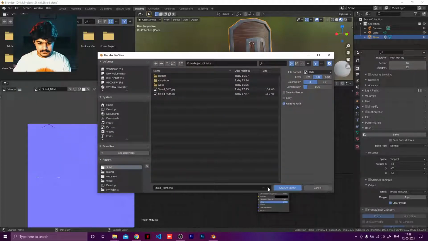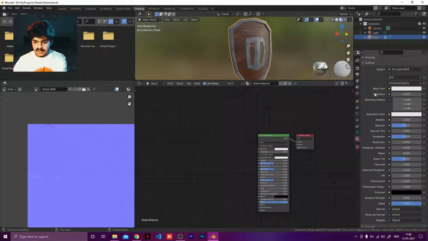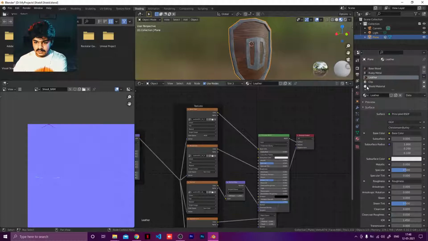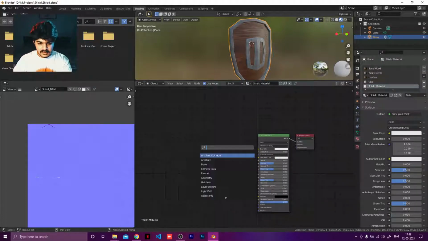Save. I want the JPEG version of it. Save. Now normal is done. I think the last one that is remaining is metallic. Let's get that done too, and we are good to go. We will be good to go, and show you the last thing that you want to do. Okay, lastly, again, that would be a good practice for you.